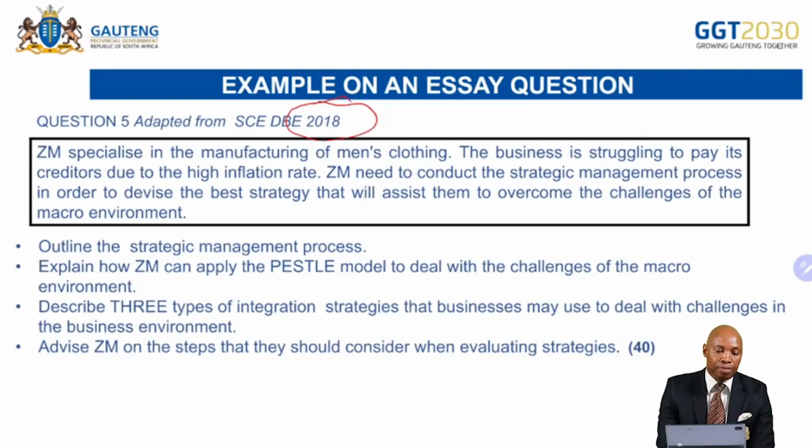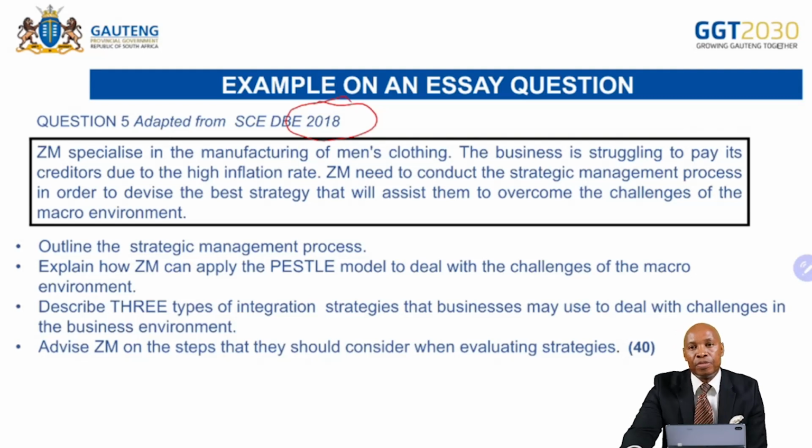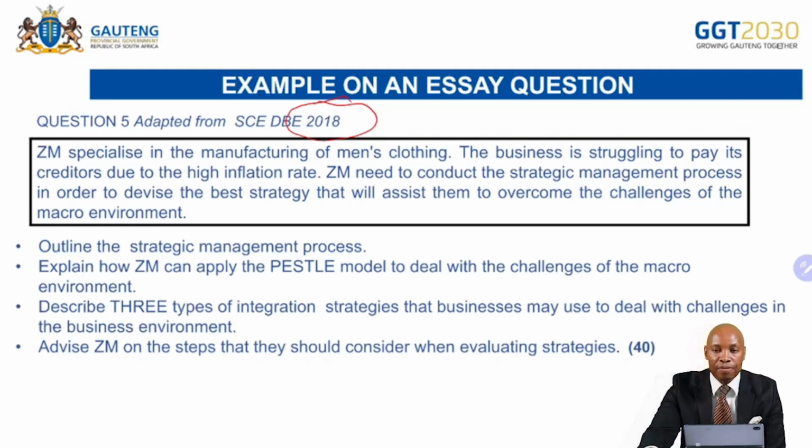Welcome back, candidate. Before we go for our short break, we were just looking at an example of an essay. Remember, I've just shown you how questions may be asked in section B, section C. Now, this is a typical example of a section C question which has been taken from one of the past papers. You'll recall, as I was doing the structure of the question paper, I advised you to use past papers dating from 2017 up to 2021, the senior certificate.